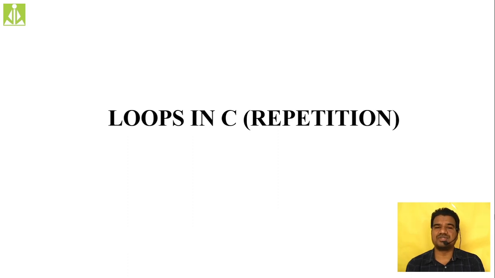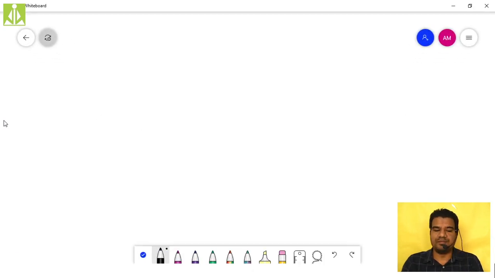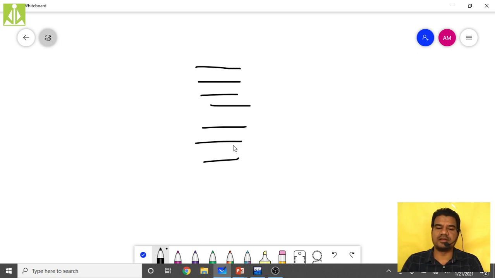So how will the decision making statement process? Let us see how the program flow, how the program execution will be in general. Say you have statements written inside your program: statement 1, statement 2, statement 3 and so on.